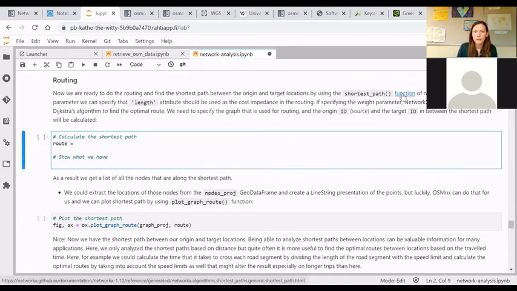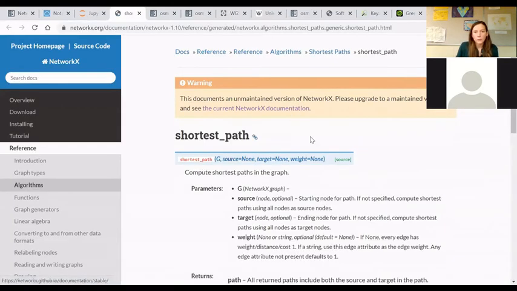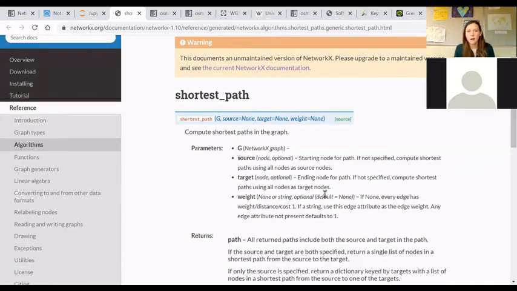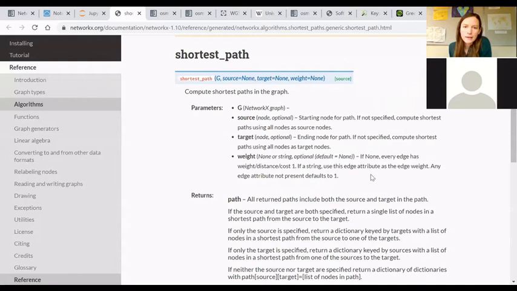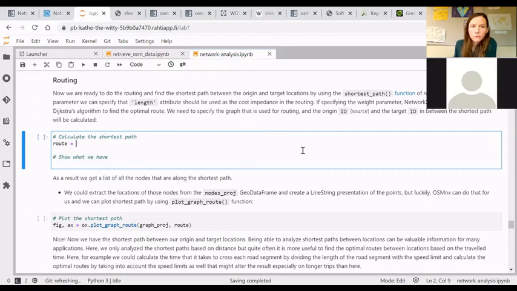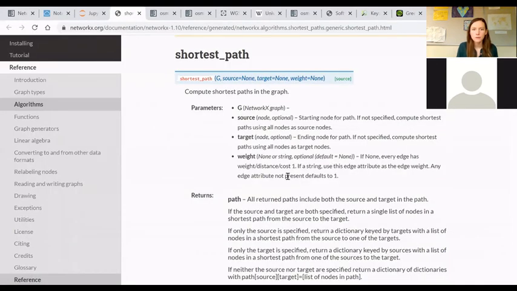So then we introduce yet another function, this time from NetworkX, and this is now the kind of the thing. We will pass the graph, source node, target node, and if we would want, we could also pass the weights. But here we will basically do the, let's see how we are actually going to do the weighing. So we will be weighing the data based on the length of the edges. So the longer the trip, then the longer the distance. But we could also have them, for example, time that it takes to travel through one edge calculated, then pre-processed before the routing analysis. Anyhow, so let's use this